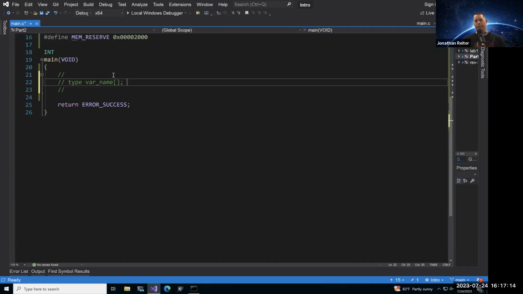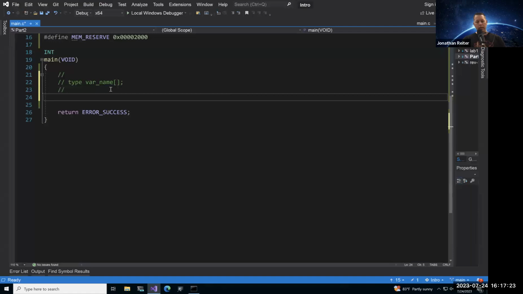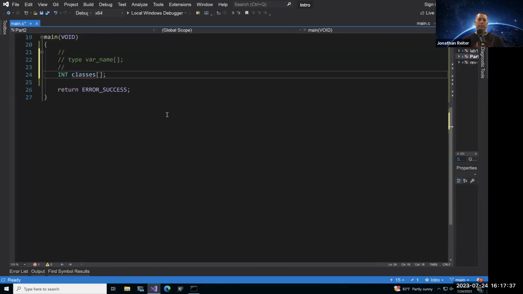All the values inside of the array have to match the type of your variable. So, for example, let's create an array of integers. The type is going to be int, and the variable name classes, then our brackets and a semicolon. That's the general syntax for how you create an array. Now, inside, you have to say how many items are going to be held inside of this array. So now three of them. And that red squiggly went away.